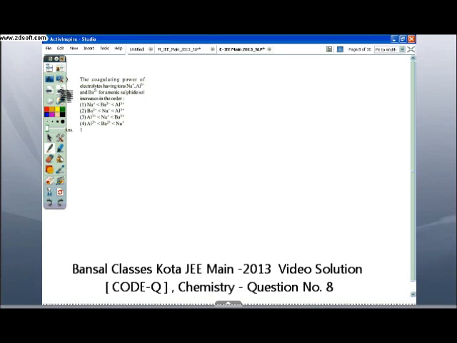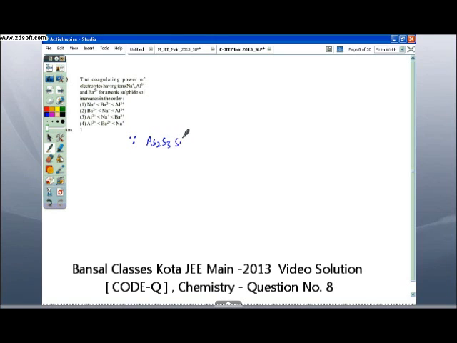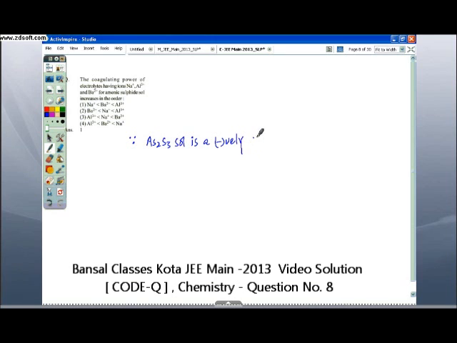The coagulating power of electrolytes having ions Na+, Al3+, and Ba2+ for arsenic sulfide sol increases in the order. Since arsenic sulfide sol, As2S3 sol, is a negatively charged sol, positively charged ions cause coagulation. And according to Hardy-Schulze rule,